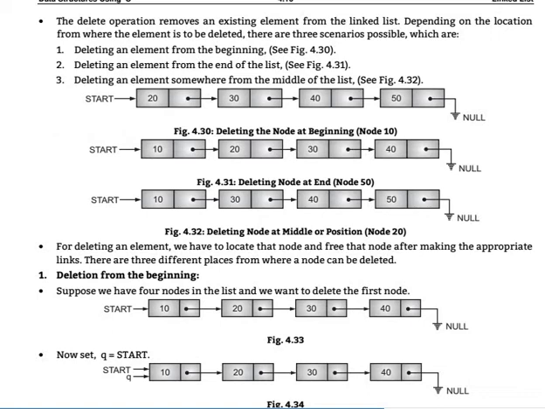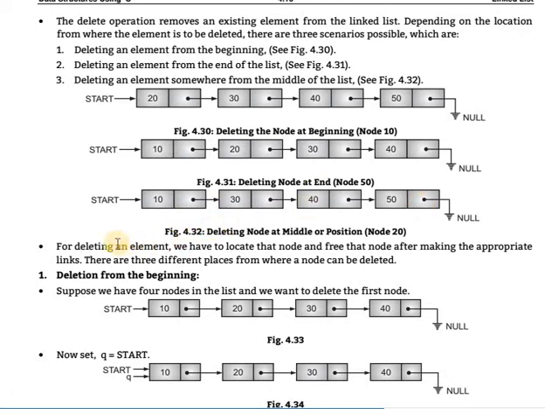After that, deleting an element from the end of the list, as shown in figure 4.31. In this, the end element is deleted. In that, 10, 20, 30, 40, 50, 5 nodes are there, that is the original list. In that, 50 is the last element, and that will be removed. Deleting an element from the middle of the list is shown in figure 4.32, deleting a middle node or position. For example, if we delete the node 20, the linked list will be displayed like this: 10, 30, 40, 50.